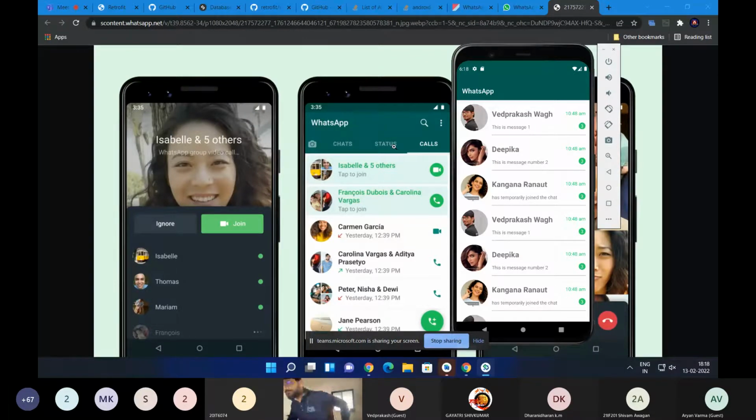In order to swipe between these, you have something called fragments. And this component, this chats, status, and calls, is using